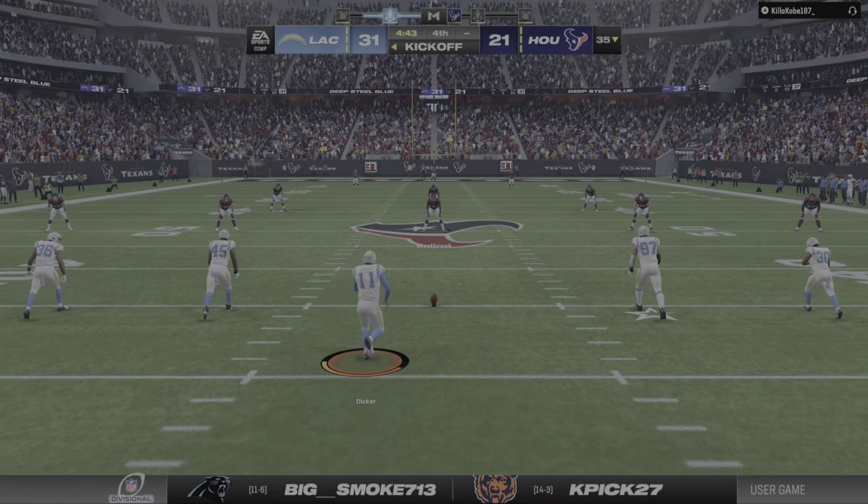Stroud now on 1st and 10. And his throw's going to be incomplete. Even in today's NFL, when we think of the tight end position now as really a glorified wide receiver, we're still asking a lot of those guys. They have to block as well, and every now and then, they don't come down with the football. After the incomplete pass, here now is